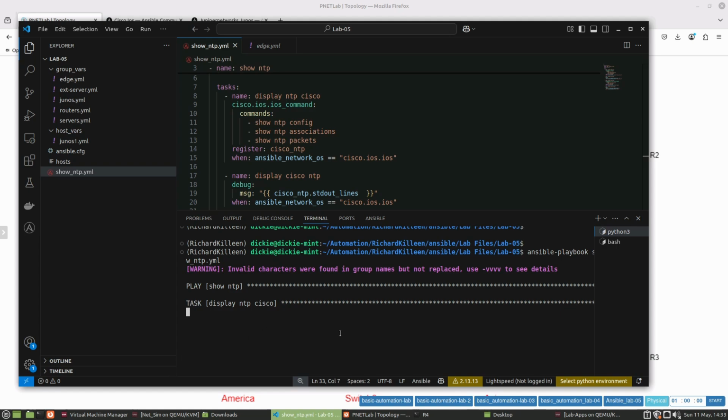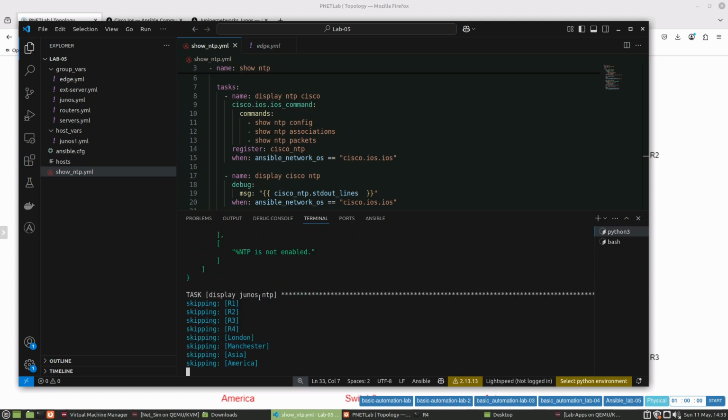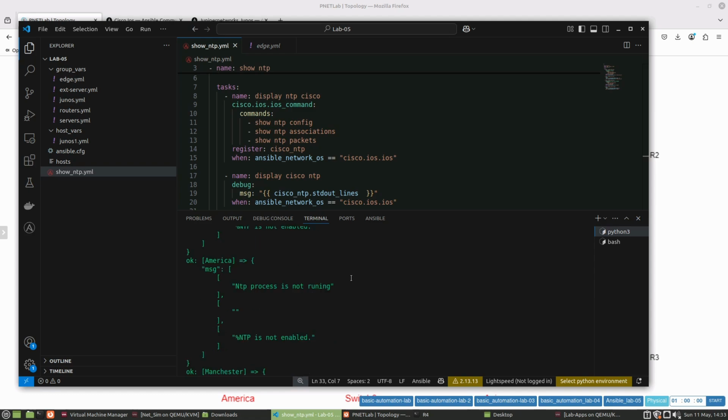So it's displaying NTP Cisco. It's connected to them, but you notice how it actually skipped the Junos, and now it's skipping all the Cisco ones. It's doing the task for display Junos NTP. So let's have a look. So it's showing us here that NTP is not enabled on any of them, which is exactly what we expect